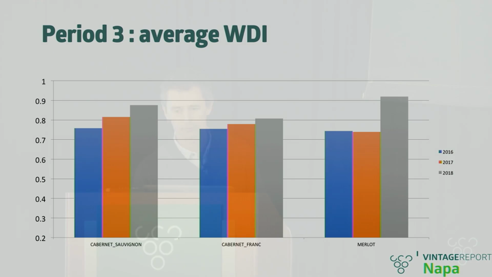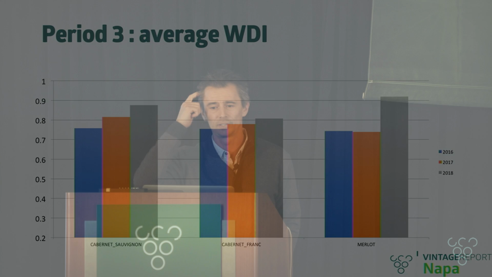So that's everything you can derive from what's happening during period 3, and of course some of those effects will be seen after harvest. What has been the situation? So here I'm looking at all the sub-flow sites where we've been tracking hourly water use variations across Napa. And what the picture is showing is that the same trend that we had seen in KCB max is apparent in terms of water deficit index.